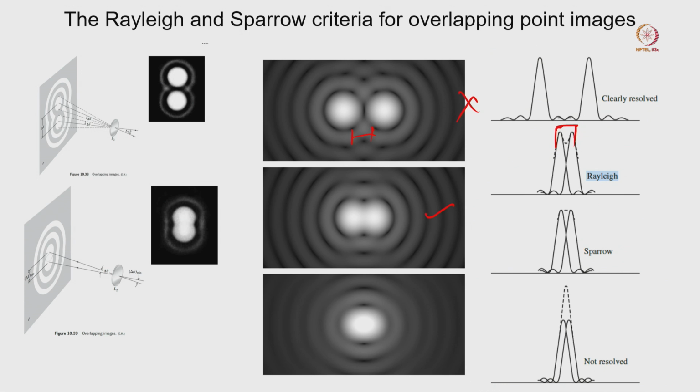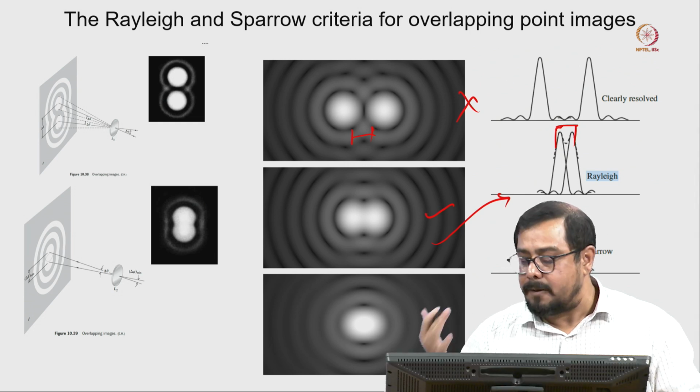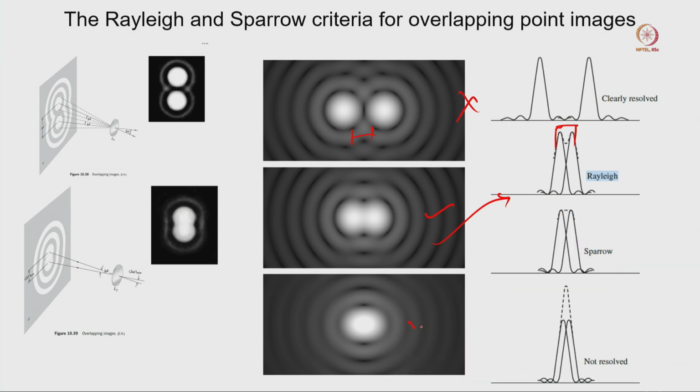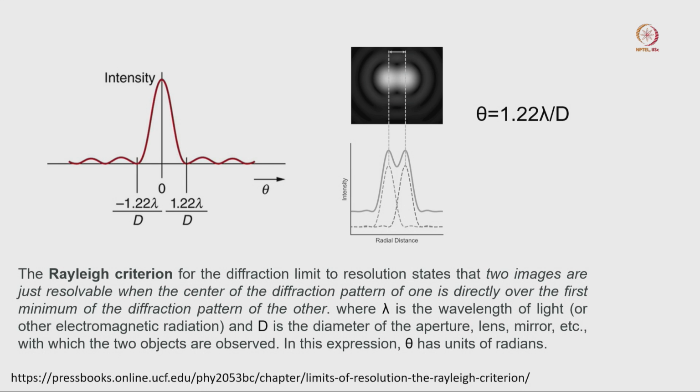Here, this is the situation which we can connect with Rayleigh's criteria to define the resolving power of any optical microscope, or any microscope. Here we can say this is not resolved at all, because these two Airy discs completely overlap with each other. So this is the formula from where we can calculate the resolving power of that optical instrument or microscope, and this we have to remember.